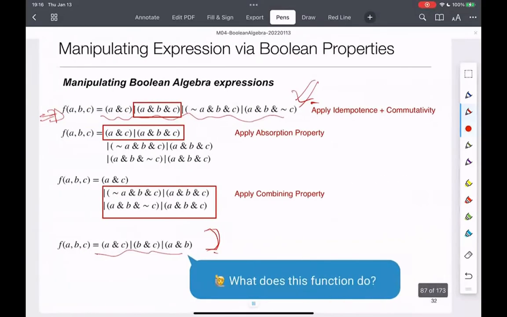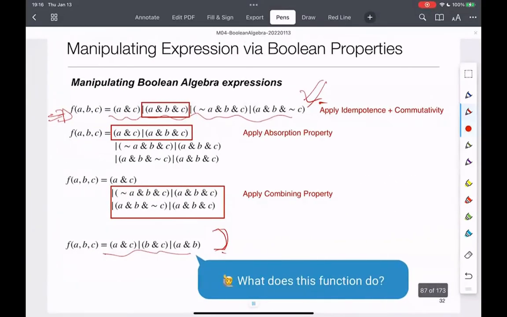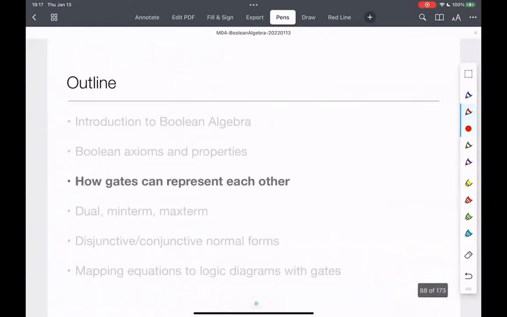So, okay, like in normal algebra, where you can manipulate algebraic expressions, it's the same story out here, except the set of properties we have are different. Okay, so